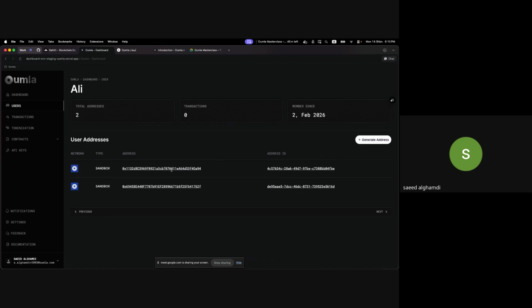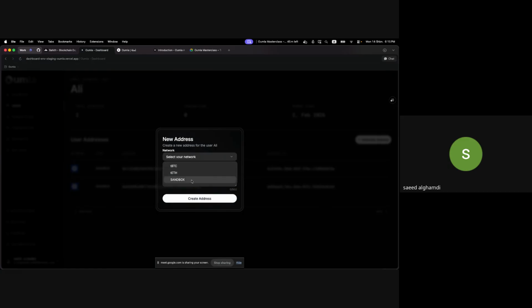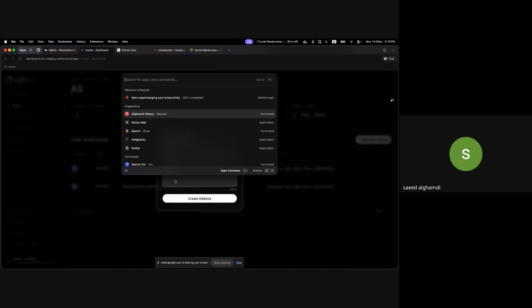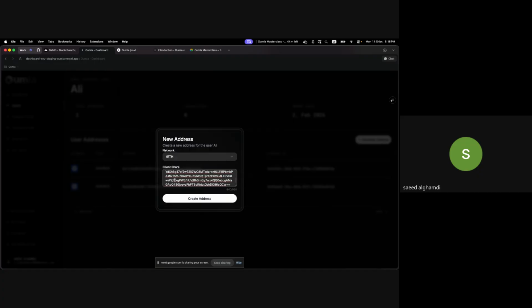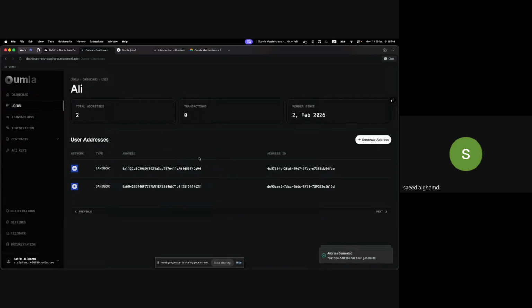Ali is one of the participants, or let's say clients, of Trust and Pay. Trust and Pay can create any network for the participant, like we provide here the client share, and then they can create the wallet and the address for Ali. So now we can see the Ethereum testnet here with the address.